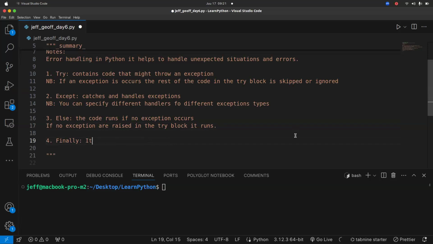So it runs whether an exception is raised or not. So what is it mainly used for? It's used for cleanup actions.